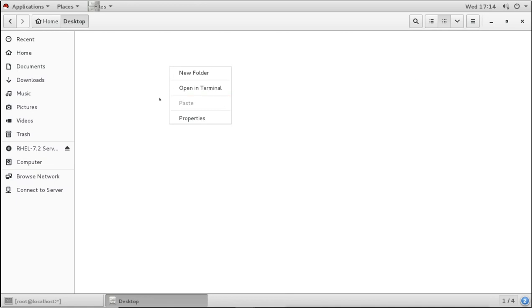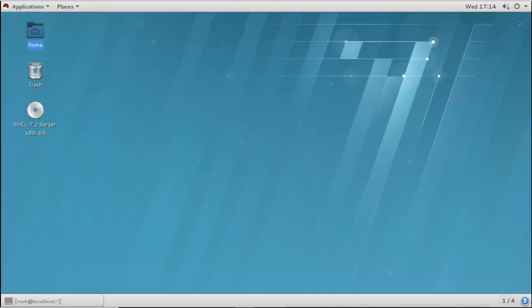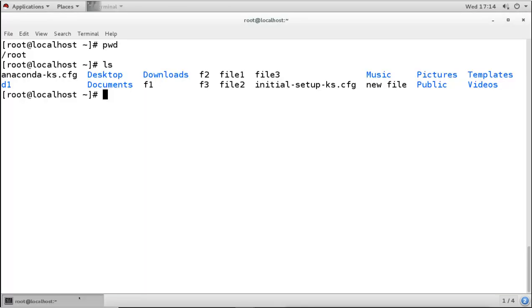So in graphical, we do it in two steps. First we do copy and then the next step we do paste. Now here in the command line, we do both steps together. That means we copy and paste at the same time with the same command.